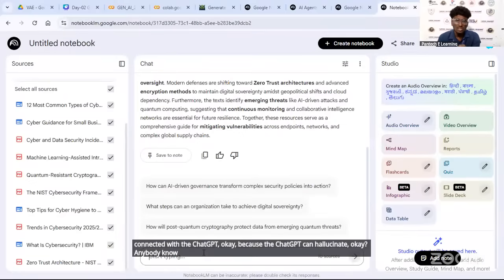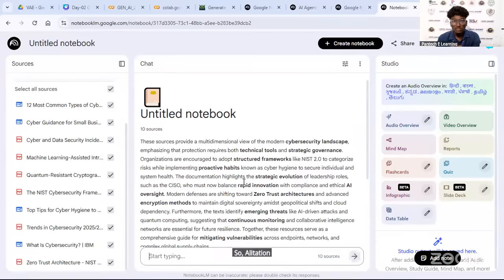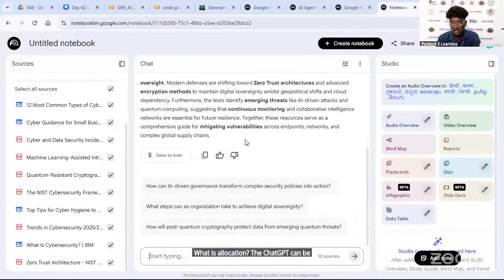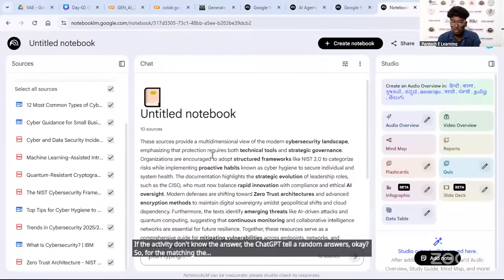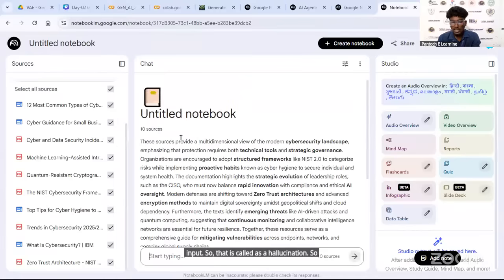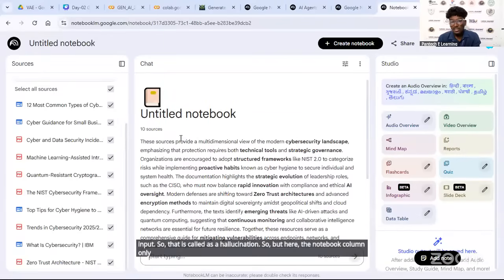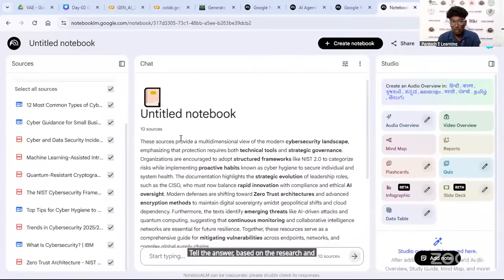Does anybody know what hallucination is? ChatGPT can hallucinate, but NotebookLM can't. If ChatGPT doesn't know the answer, it gives random answers just to match the input, and that is called hallucination. But here NotebookLM only gives answers based on the research and trusted sources. That is the difference between ChatGPT and NotebookLM.